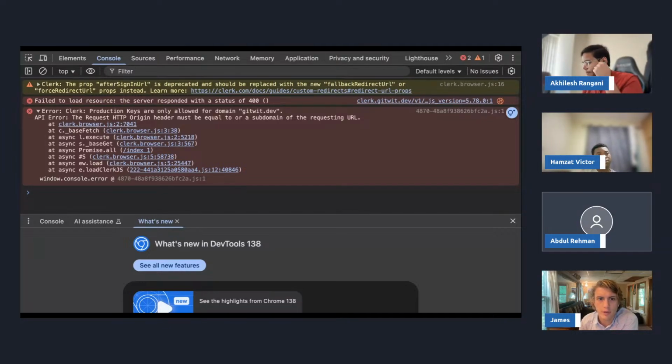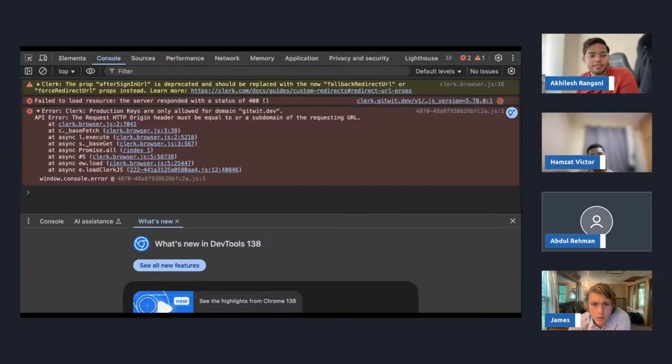What do we have to do? Yeah, so you'll have to set this up. Can you just tell us step by step? Yeah, I'll send it in the chat as well. But it's a paid plan thing. Of course it is. Okay, so we're just going to get rid of Clerk. Yeah, exactly. You should just use NextAuth or something like that.